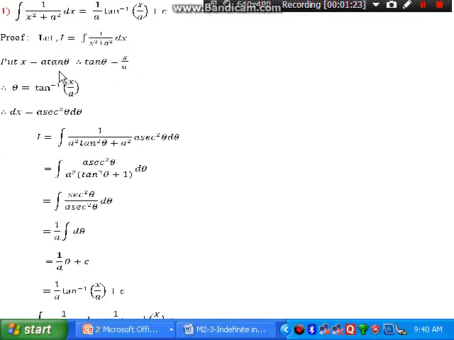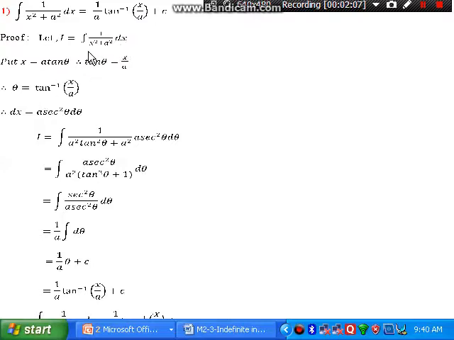Okay, here we have to use the substitution method, but we have to use the standard substitution while solving the integral. For example, we can put x is equal to a sin theta, x is equal to a cos theta, x is equal to a tan theta, x is equal to a sec theta. So we have to use as per our requirement. Okay, so here we have considered first the LHS of this example. So I is equal to the integral of 1 upon x square plus a square dx.